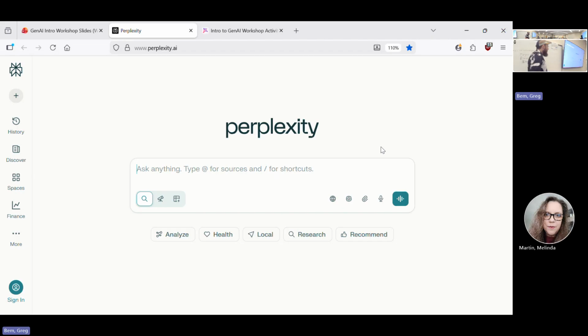You can think of it as an AI-powered search engine, and it can also do other things. It can provide explanations. It can do synthesis, but it will provide sources for the responses. So perplexity.ai, if you want to follow along on your own device, there is an app. Also, it is free if you have an EDU email.